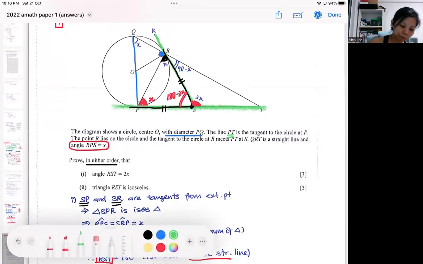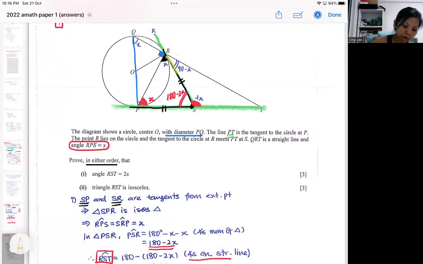So we need to prove that this is the isosceles triangle with the 2x already. So we will need to find the two angles here separately. I need to find these two angles separately, and if they end up being the same, then we have the isosceles triangle. So what I did was,